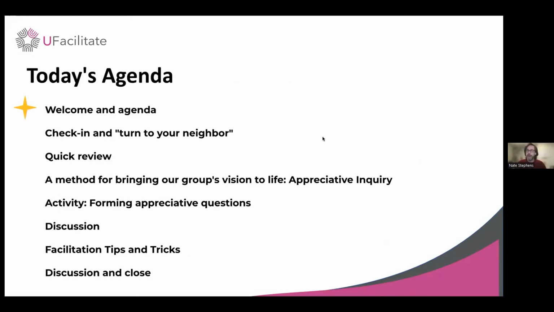Today's agenda, and before I get into it, I'll just open up any announcements or anything from, in particular, anyone from Community Foundation before we get started. Okay, I'm seeing shaking heads.